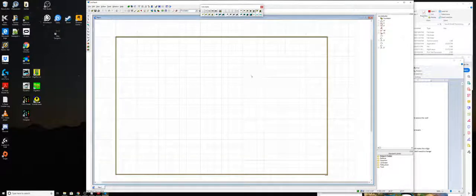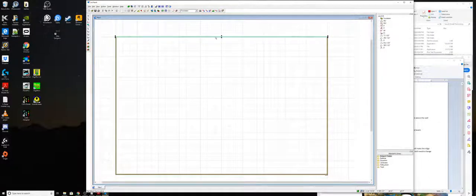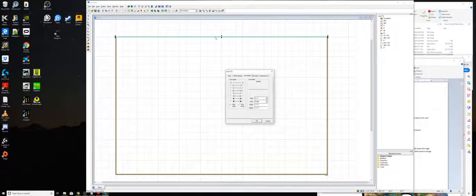So what we can do to change that is we just highlight the line and we hit enter, and it pops up this little box here. And what we do is we can't change the style because that's preset in the program itself. Here's all the different types of wood that comes with the program, that's pre-done in the program, I guess you can say. And we're doing 2x2,